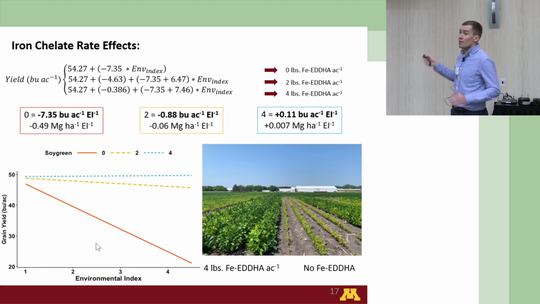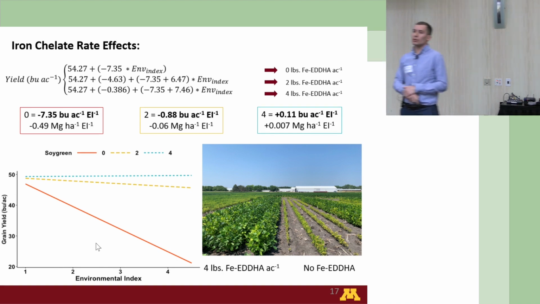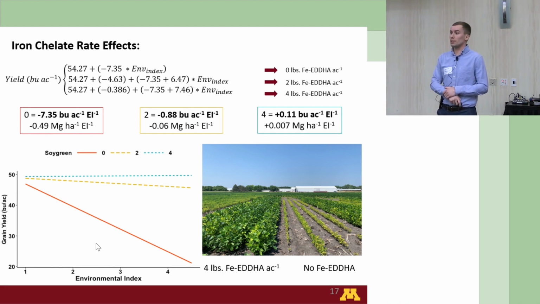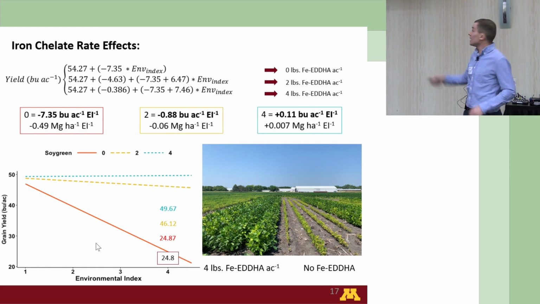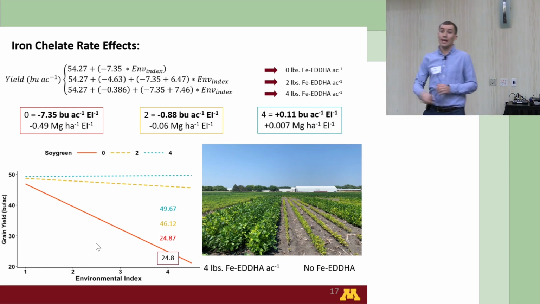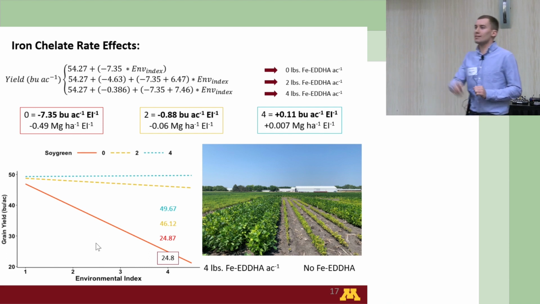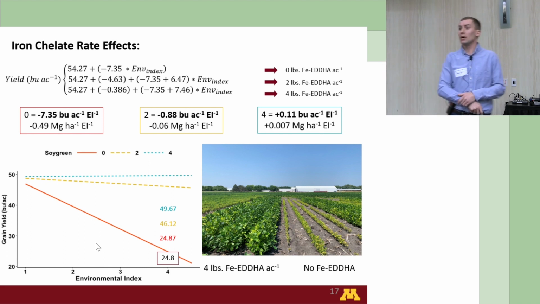And on the left, we have a plot with the same treatments, but at which we applied 4 pounds of iron chelate per acre in furrow at planting. What I'm trying to say here is that the grower who owns this farm in Graceville, Minnesota, could have a soybean field that is going to yield about 50 bushels per acre, or a soybean field that is going to yield less than 25 bushels per acre. And that's almost 25 bushel per acre yield difference just by applying 4 pounds of iron chelate per acre